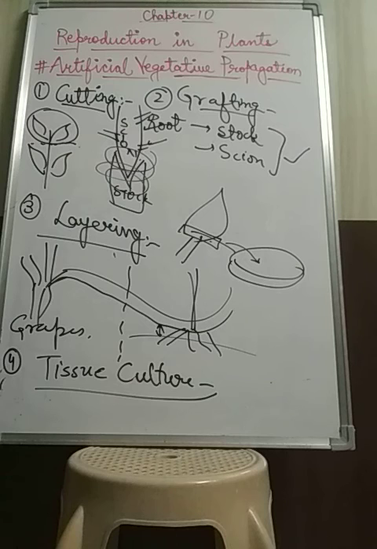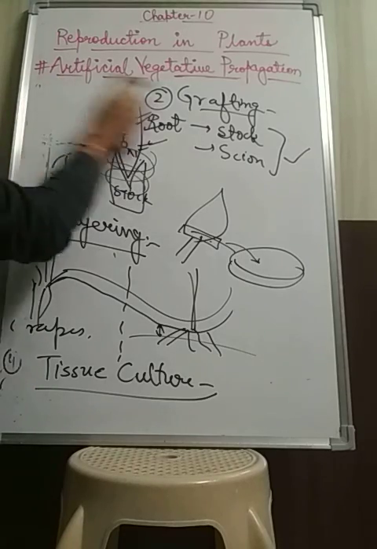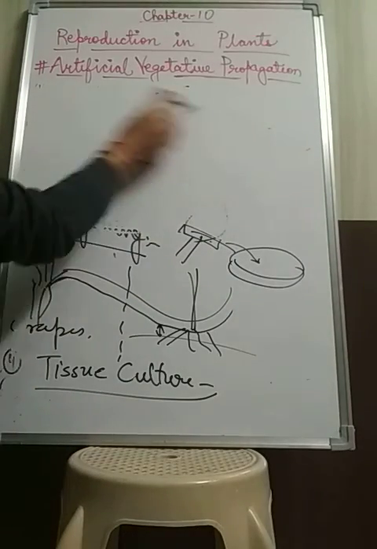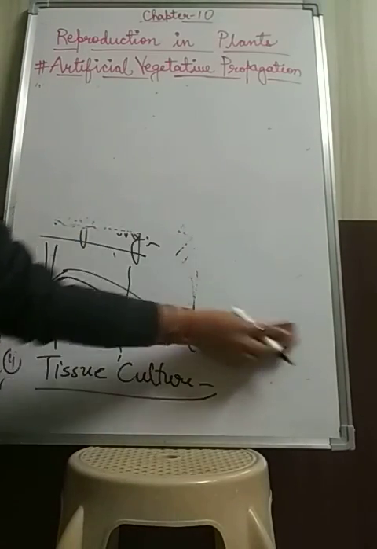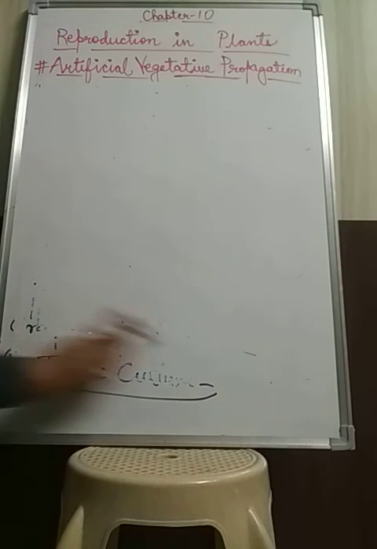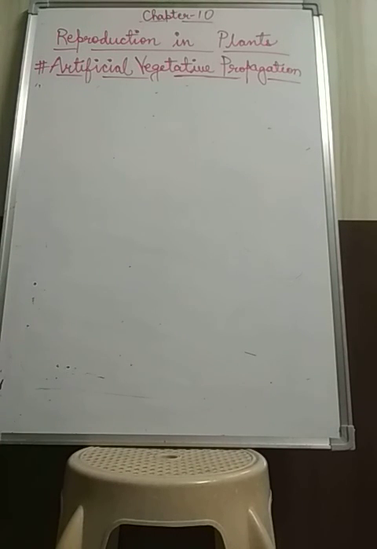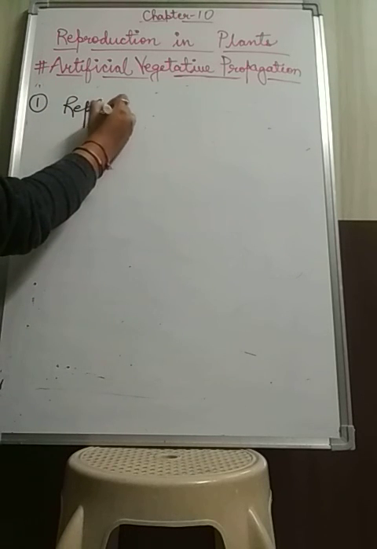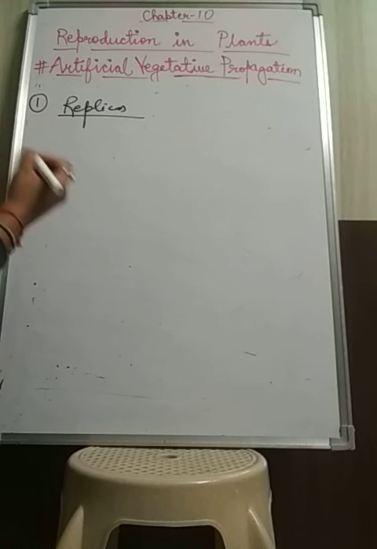Now our next topic under this is advantages of vegetative propagation. So the first one is the replication of desirable characteristics. Whatever characteristics we want, those characteristics will remain the same in all the plants which will be raised from all these methods, because they are forming replicas. Same type of plant we will get. By the time, the characteristics will not change. So the first advantage is they will be replicas. Whatever qualities, whatever characteristics we want in a plant, we will get by this method.